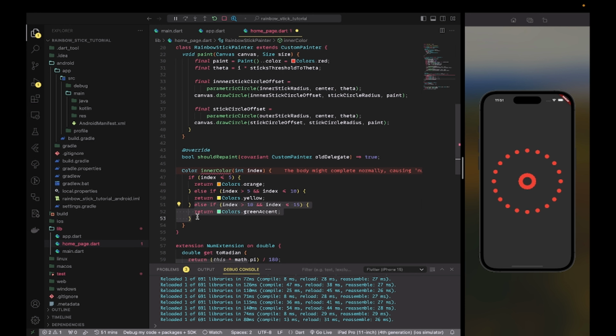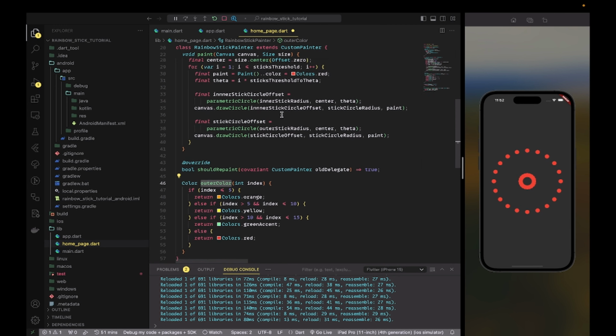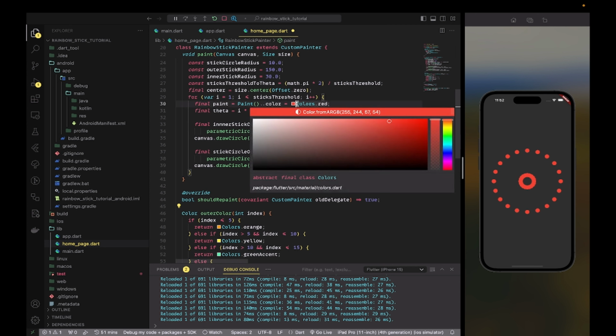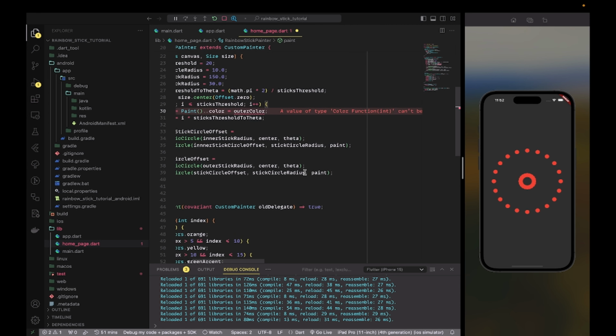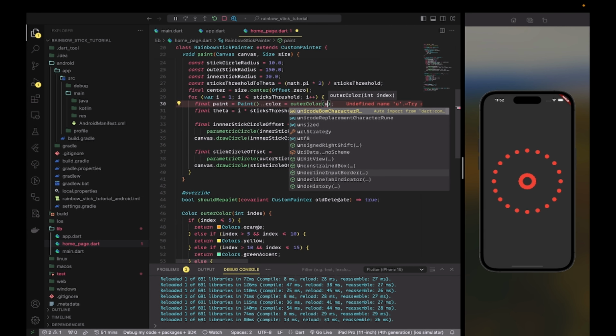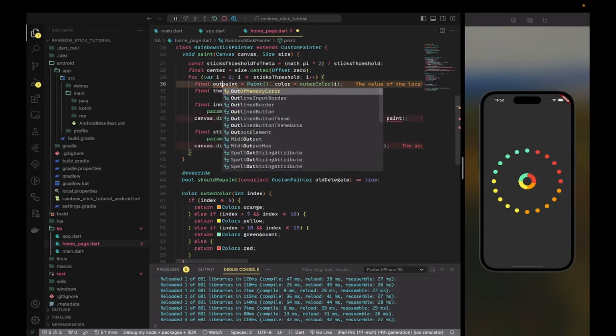Let's check green accent out. Else let's change this to outer color, and which means instead of our coded color the red, we can have this with our outer